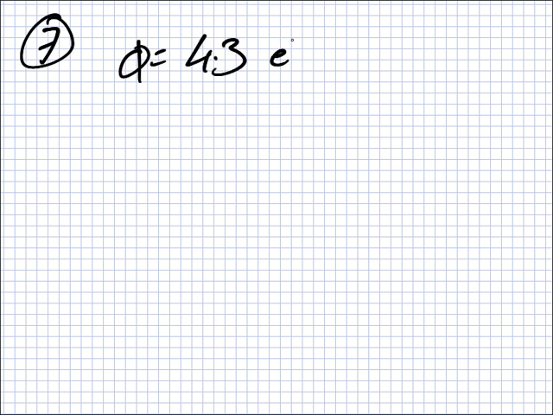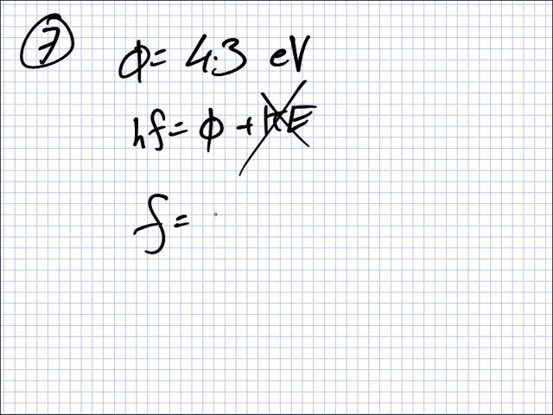Back to you, Andek. Is it 7? When considering the photoelectric effect, zinc has a work function of 4.3 electron volts. Determine the threshold frequency for zinc. So you have the formula, what is it? hf equals work function plus KE, right? And the threshold frequency is when there's no KE. So the answer is work function over h, which is 4.3 eV over h. Whatever that is. Maybe one of you could type that in to check.